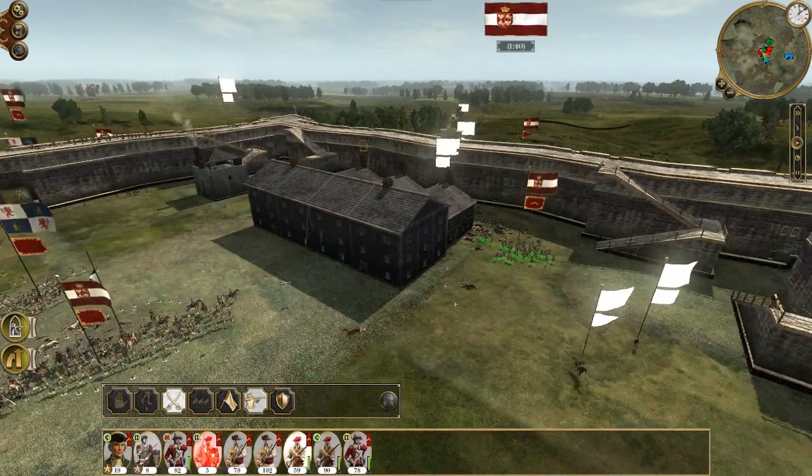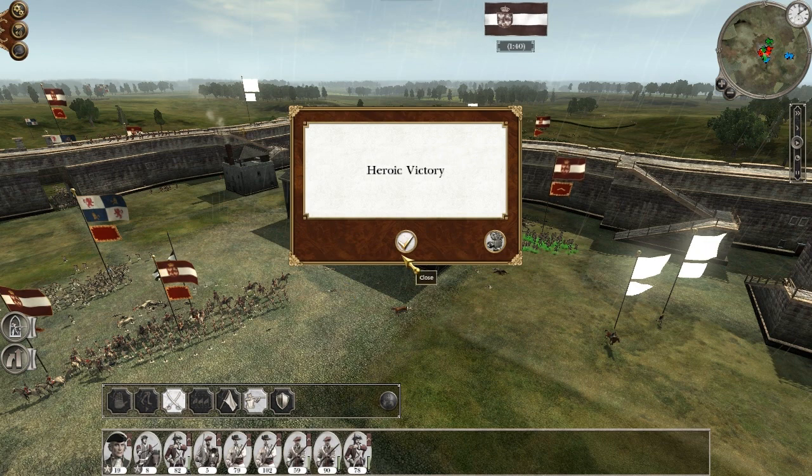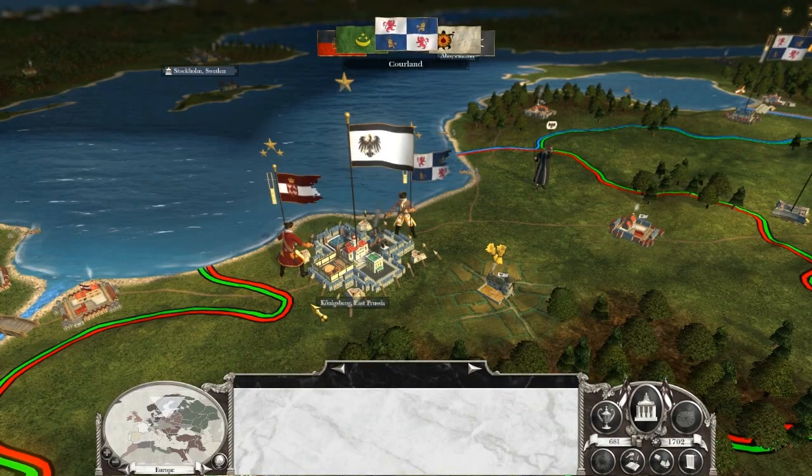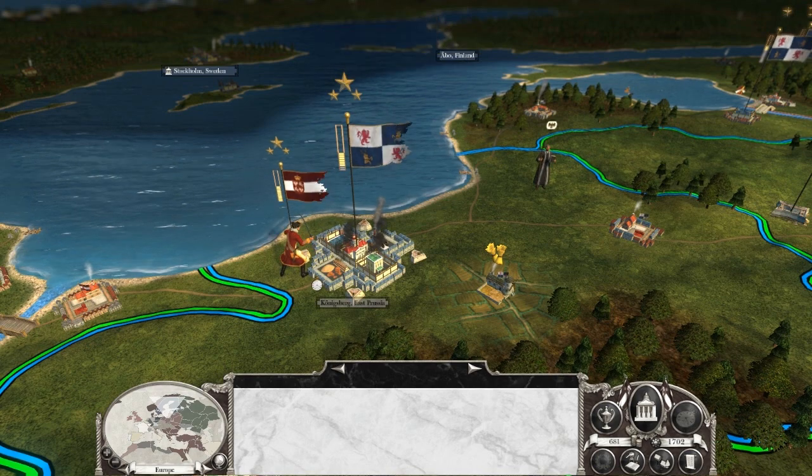Alright, so we've routed the Prussian troops there. We're going to go ahead and end the battle. Hopefully it gives me the province. I mean, Courland did attack. I don't really know how Empire works in that respect because I've never had this happen, so we'll find out when we get back to the campaign results screen. Oh, what the... God, frackin'...